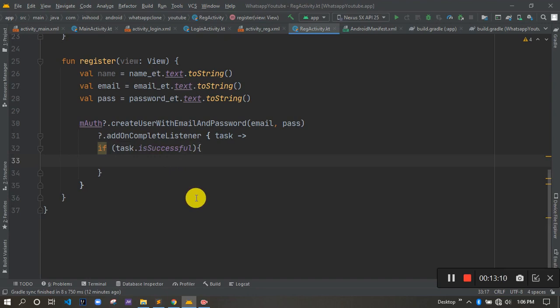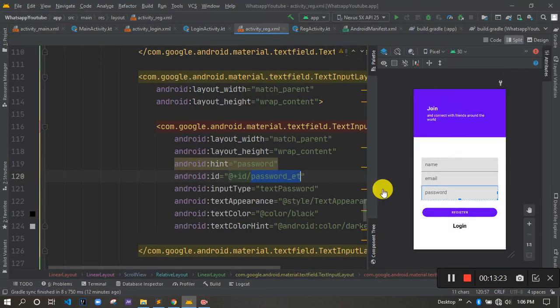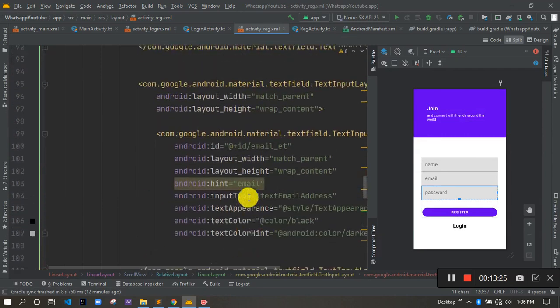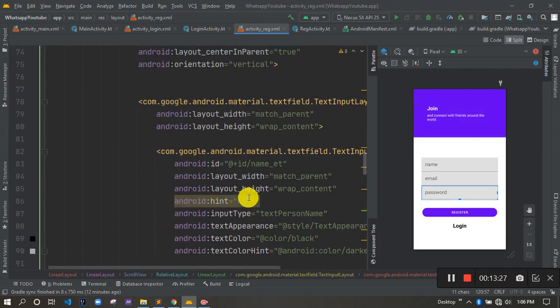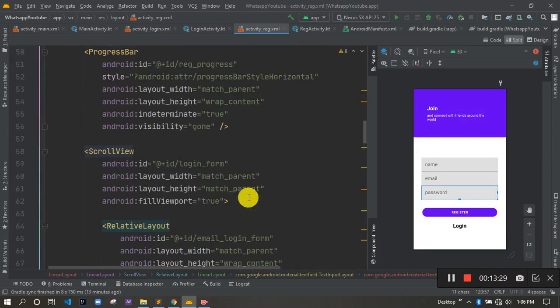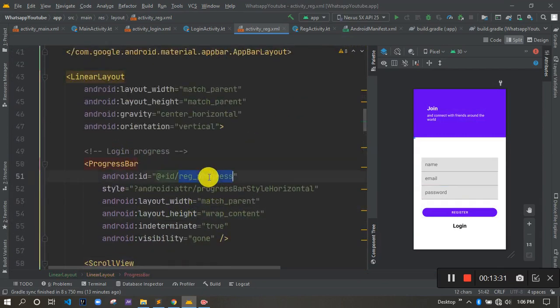But first of all, there's something we haven't done yet. We need to initialize our progress bar. So I'm going to look for the progress bar here, somewhere here. Yep, this is the progress bar. So our progress bar is called